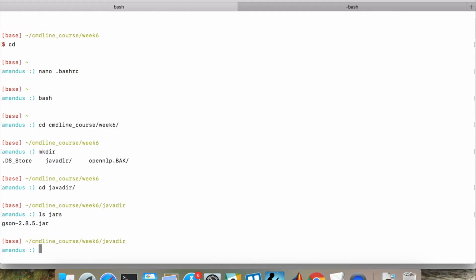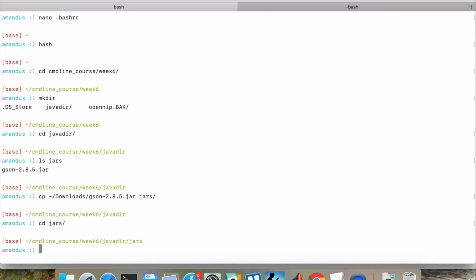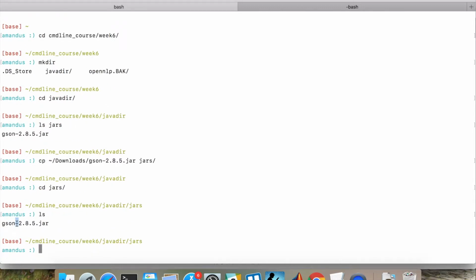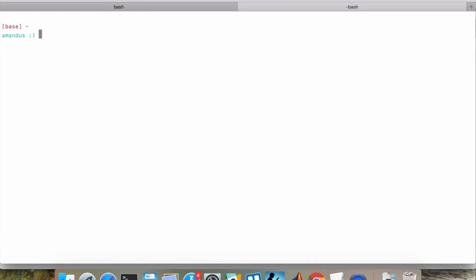Okay, I already have a jar. So basically, what I'm doing is I'm copying my downloaded JSON jar to under the jars folder, and the full path will be now this one for this jar. Now I want to be able to use this jar, and the way I use it is, for example, if I go here, clear,